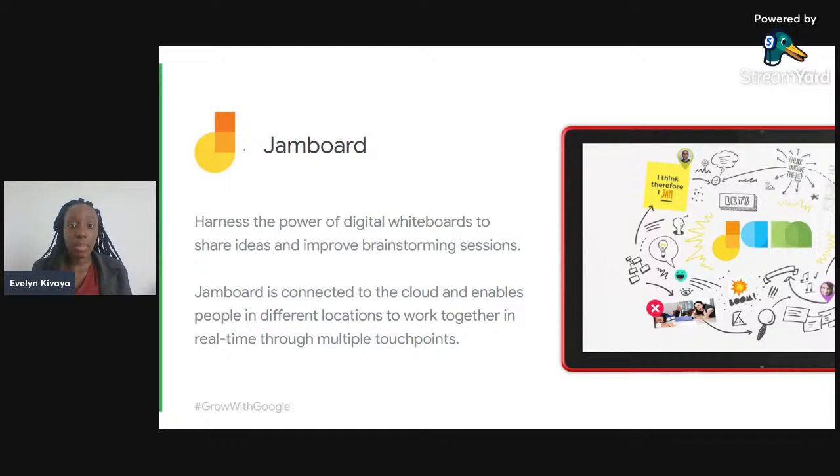Jamboard will actually help us where we are able to sketch things, we are able to write things on it. You can actually write and draw with the included stylus that are provided. You can search Google and insert images on it to make the brainstorming sessions quite engaging. And also you can drag and resize text and images with your fingers. So I'll be able to show you this practically in just a few.